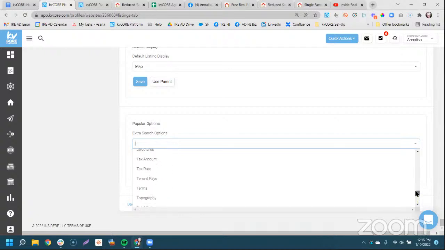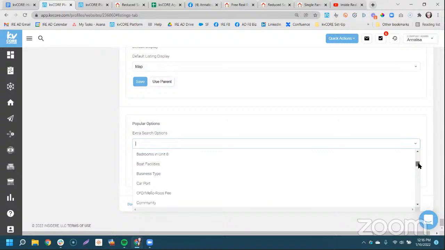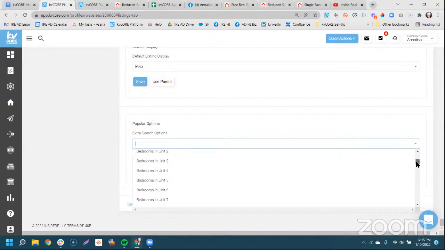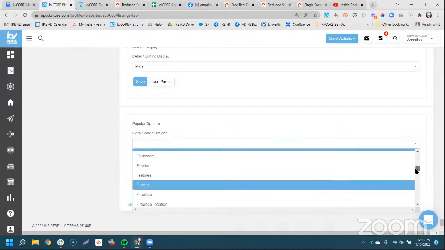I don't know if this one has it or not, but we'll find out. I don't see school in there, so maybe district or something, but it just depends on what your MLS calls it. And I don't see that this one does. So, depending on your MLS, sometimes these can come in super handy, sometimes just not, depending on how they call something.